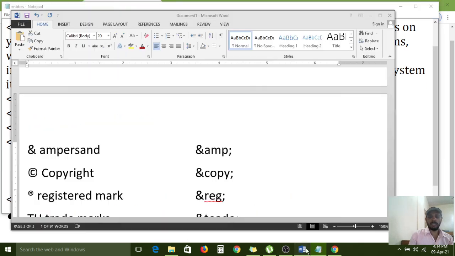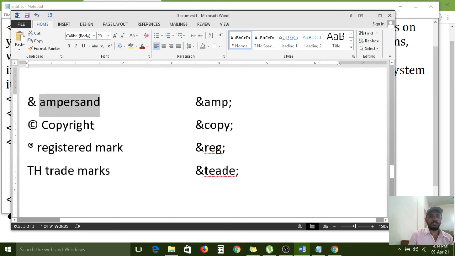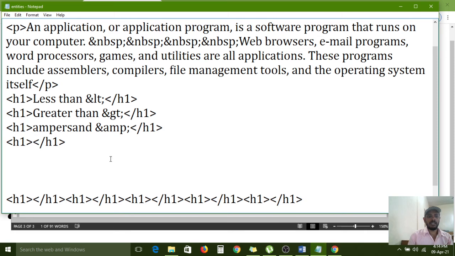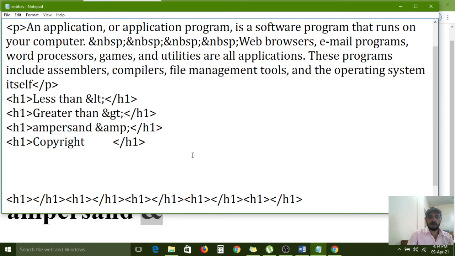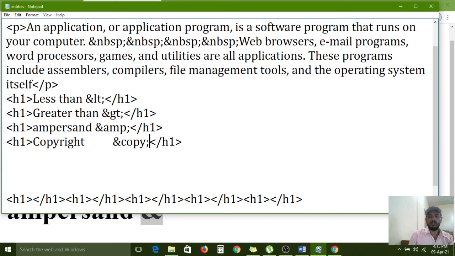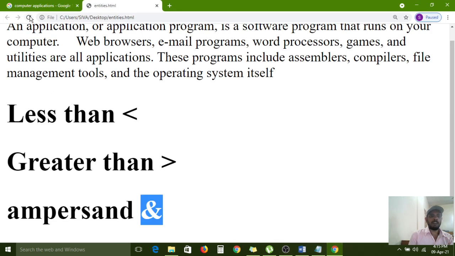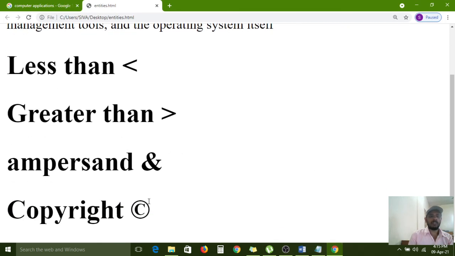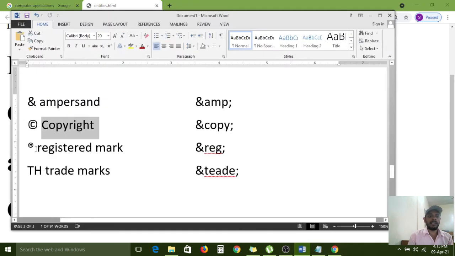Again one more H1, and if you want to represent a copyright symbol, we can use ampersand COPY semicolon. If you use it like that, the output will show the copyright symbol. All of you carefully observe, this is the copyright symbol.